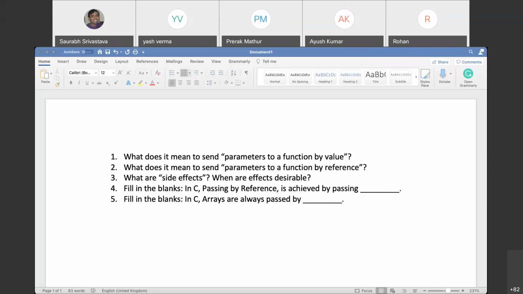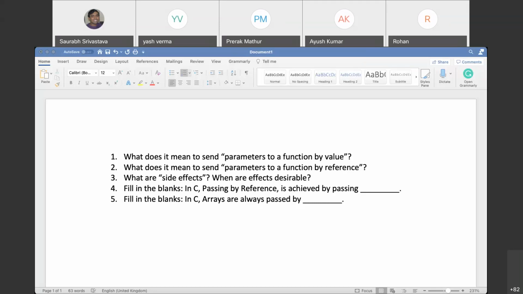My question is, when we pass an array into the function, in the function definition we write int a square bracket. So this makes the function take the array. And there is another way: instead of writing that, we can write int star a, a pointer to the array.